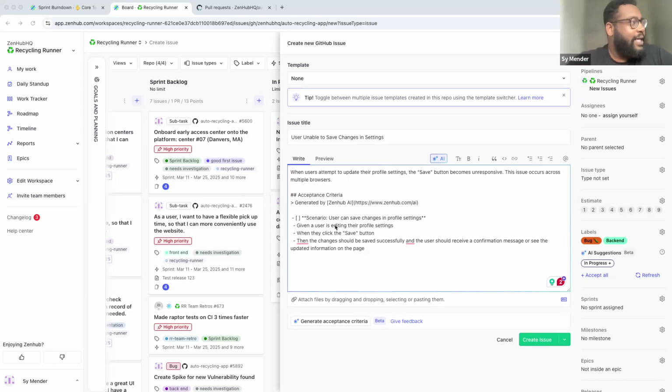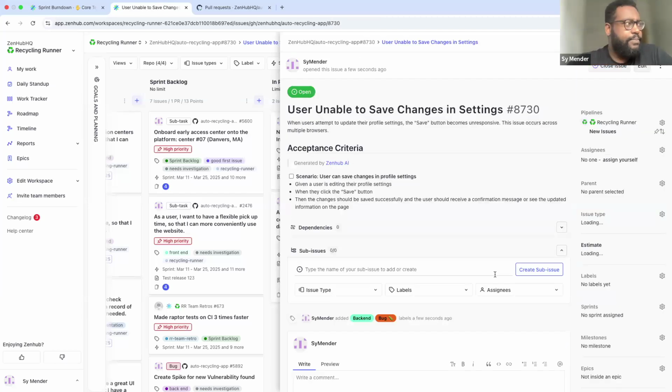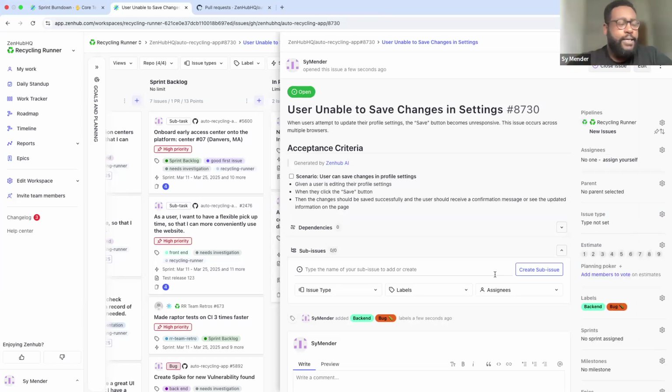And so while we have this skeleton, we can go ahead and add additional technical criteria to it, depending on the investigation that we might have performed or any other information we might have at our fingertips. But ultimately, at the end of the day, when we click on that create issue button, we've cut down the amount of time it's taken us to create that ticket, but we've also created a system that everyone within our organization or our team, depending on who's in Zenhub, can take advantage of to create a repeatable system that is standard throughout your organization.